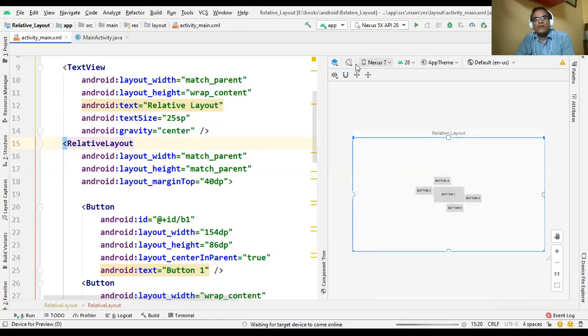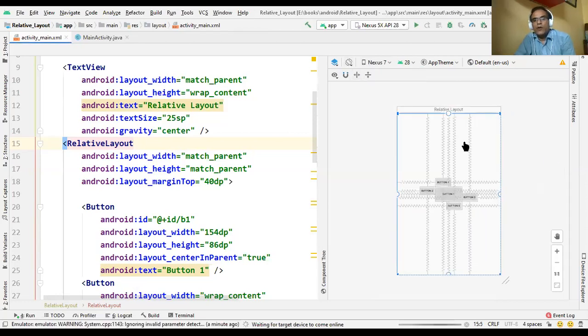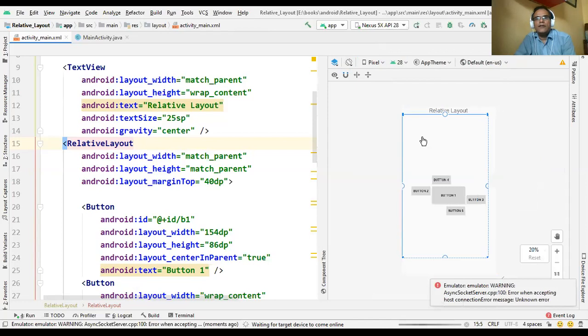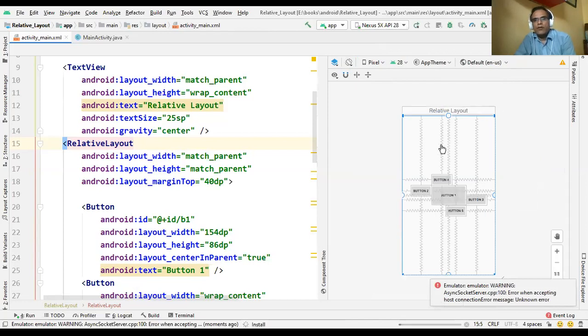So I hope you understand, through this kind of relative layout, you can design the interface and you can use any orientation, any size. So that is always fixed.